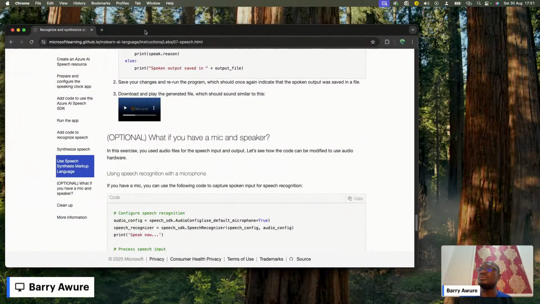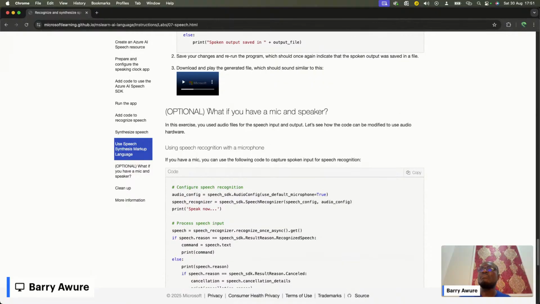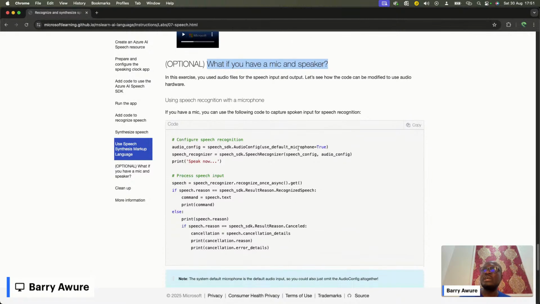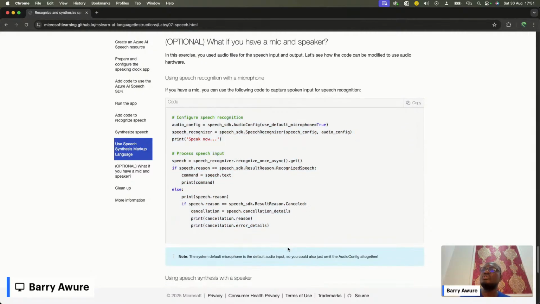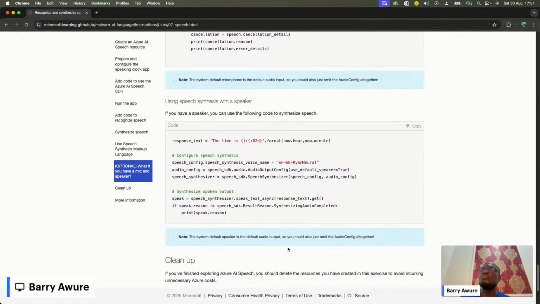this with you to say, if you want to use mic inputs, for example, and you want it to speak over the speaker, right? Taking mic input and speaking over the speaker, the code that you need to use to carry this out is already provided by Microsoft for you to easily plug and play all these things into your application, and then you begin to see the results without having to do so much hassle.